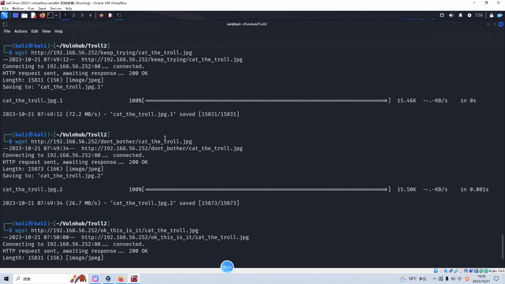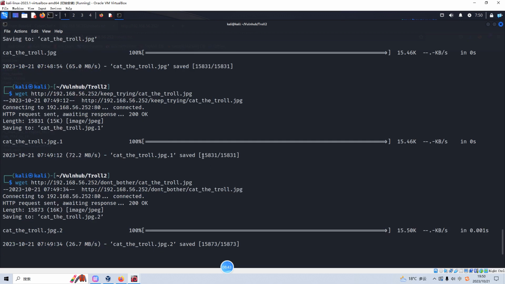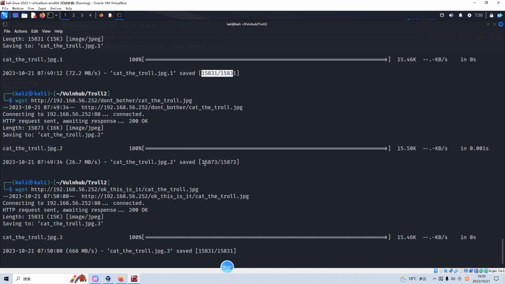All right. We got all pictures back. But as you can see, this is the file size for the downloaded file. And from here, the file size. This one is same as this one, also same as this one. However, this one is a bit bigger. So I think we need to analyze this one